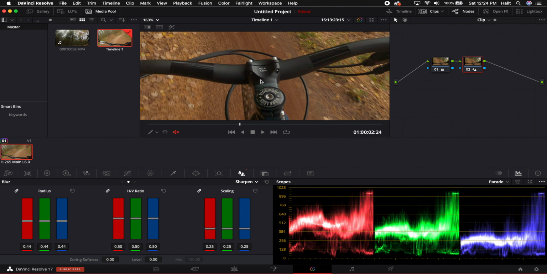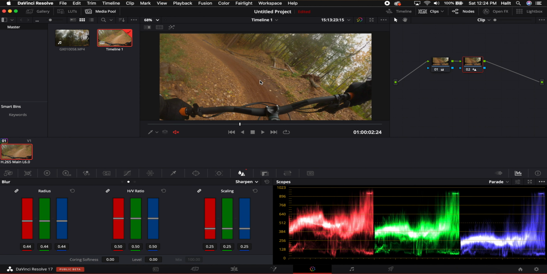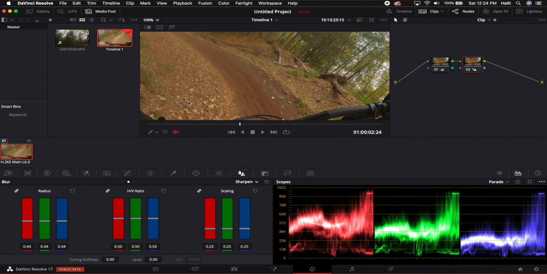Okay, I'm going to bring that down and I'm just going to bring it to like 44 here to start with. Then I'm going to zoom back out and I'm going to double check that this isn't out of control already. This is nice. I can see the detail on my handlebars, and if I look at those leaves now, okay, I can see what that looked like. So here's the before, right, where it's kind of got that blur to it. And now I'm going to bring it down to 47